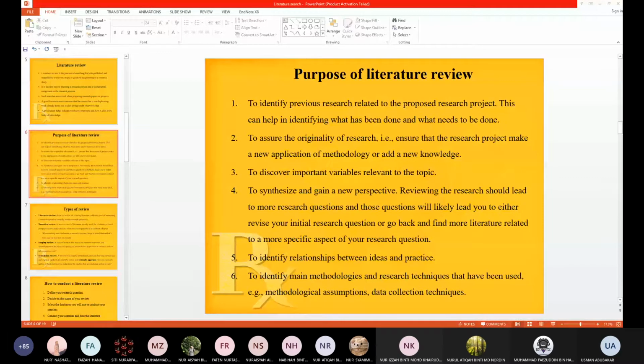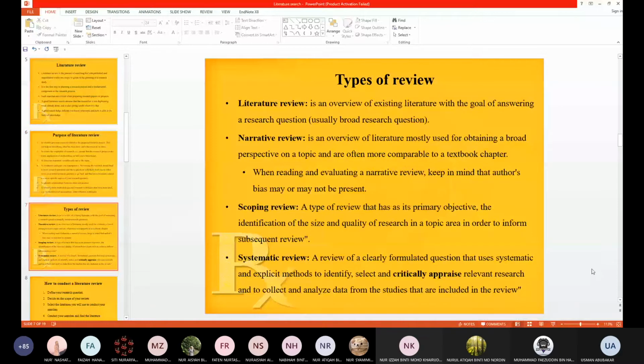Okay, so let's talk about the types of reviews. The first one, we have literature review, and secondly, we have narrative review. These two types of reviews are similar to each other because they both look at a broad research question. They are not specific. For example, if you want to conduct a literature review, suppose you are conducting a